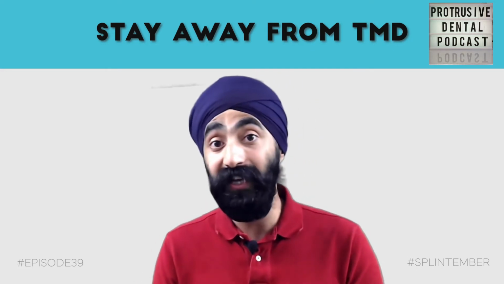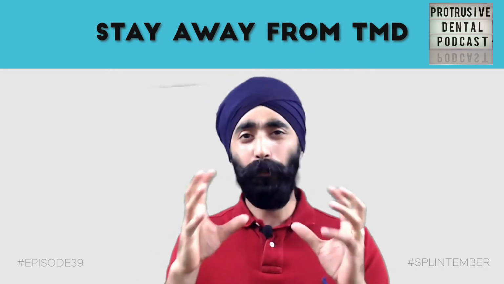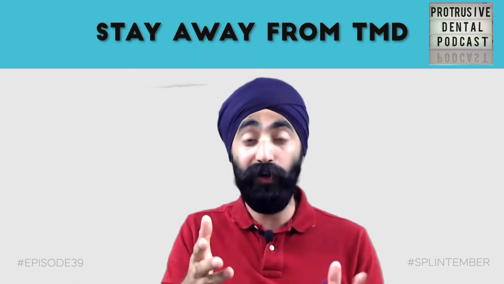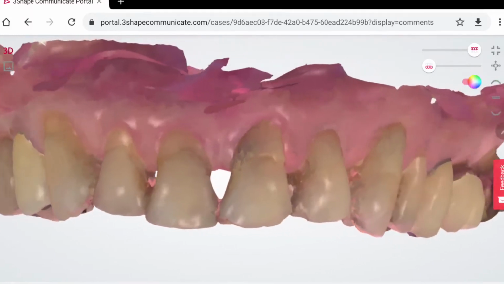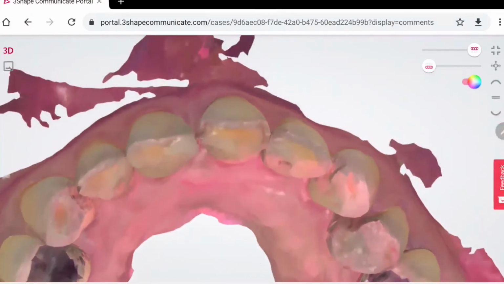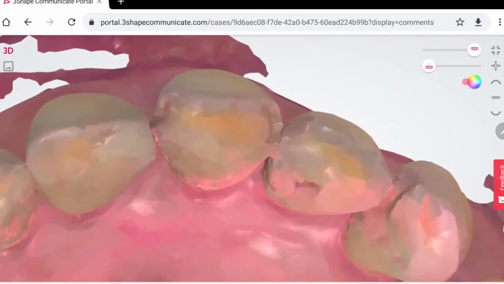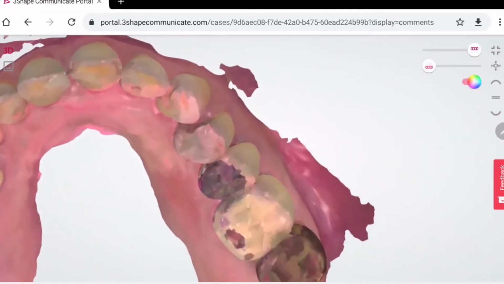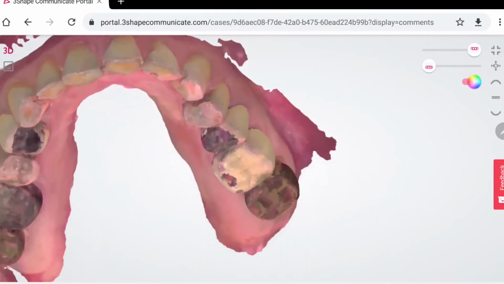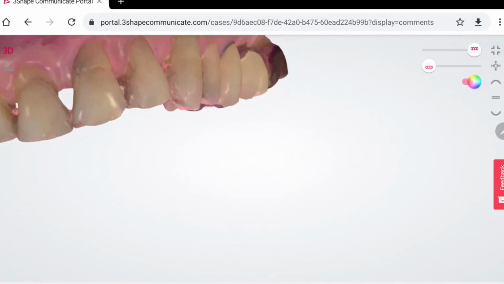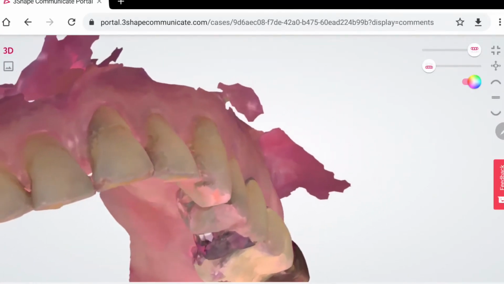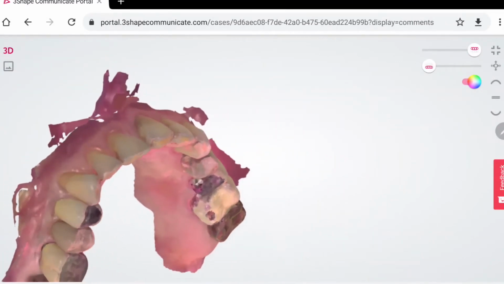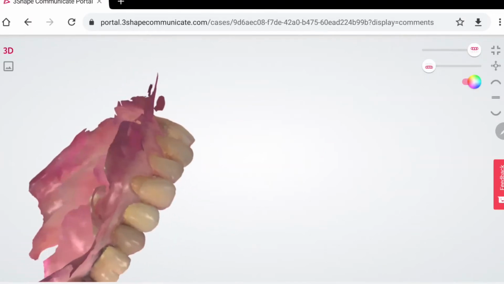Now, I also did this, embarrassingly, a few years ago on a patient who has extremely worn teeth. I can show you a photo of that patient now, actually. It's on the screen now. And on this patient, I replaced, I believe it was the upper left second premolar crown. Again, I cemented it. I thought I checked the occlusion, but I didn't check the excursion as well as I should have. Because I got a phone call from this patient saying that every time they're eating, now and again, they're knocking into this tooth. And they've also told me that they're getting a lot of sensitivity from this tooth.